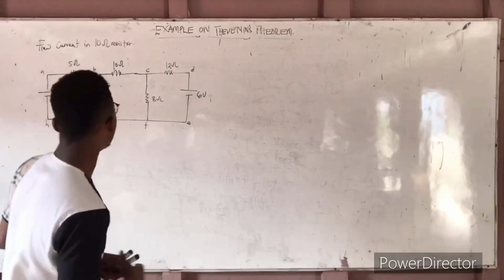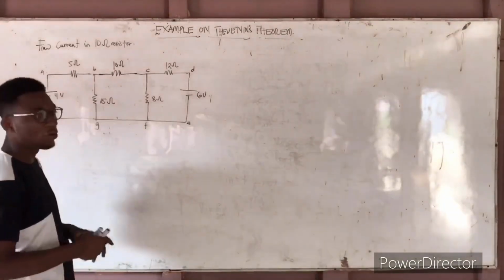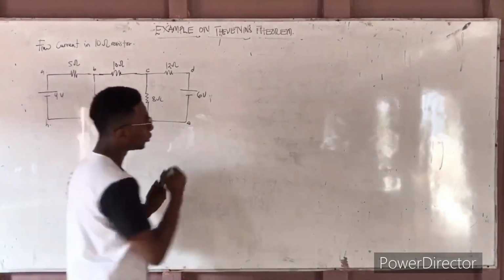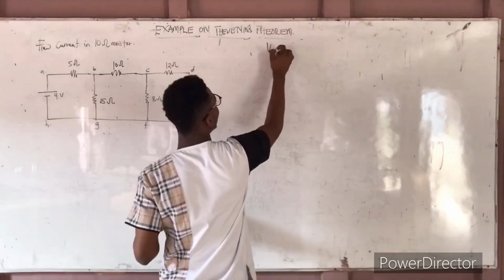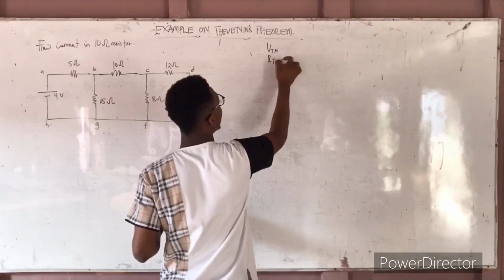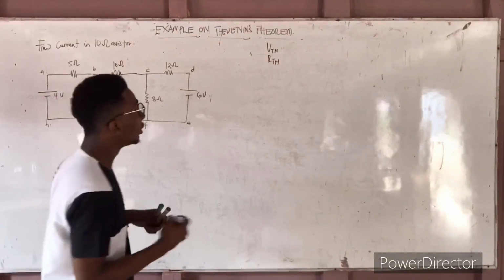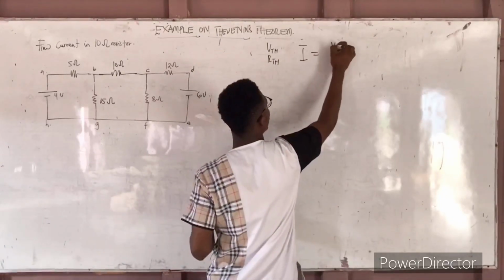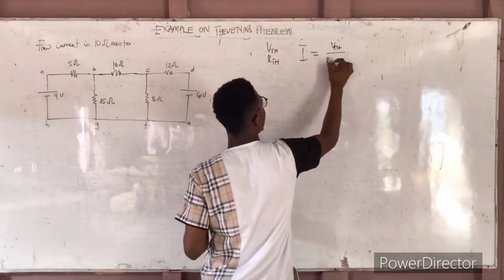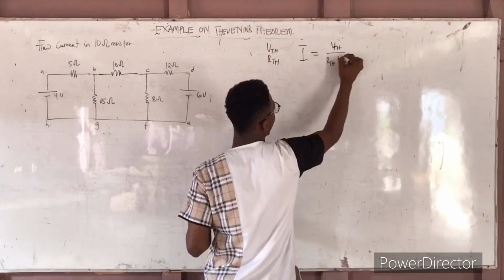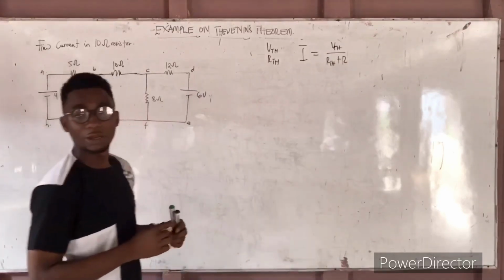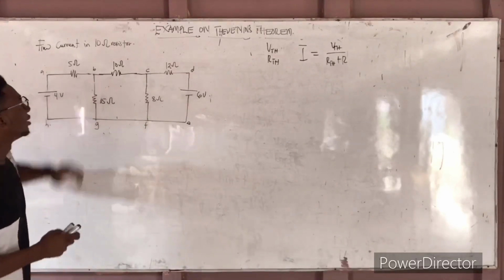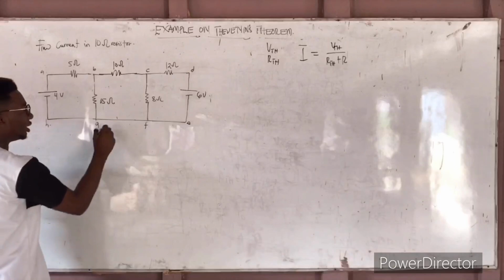Okay, so for the current that passes through this 10 ohm resistor, from the theorem, we understand that there are two things you are supposed to take note of: finding the Thevenin's voltage and finding the Thevenin's resistance. When you're able to find both, then the current that will pass through the particular resistor becomes VTH divided by RTH plus R2, the actual resistor in which you want to find the current. So now, to find the VTH,